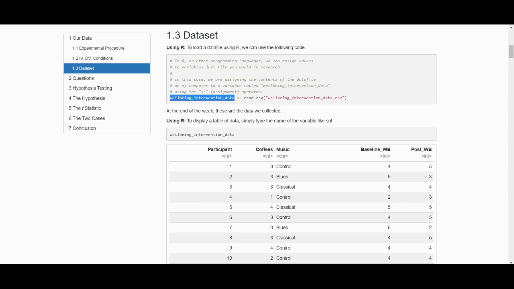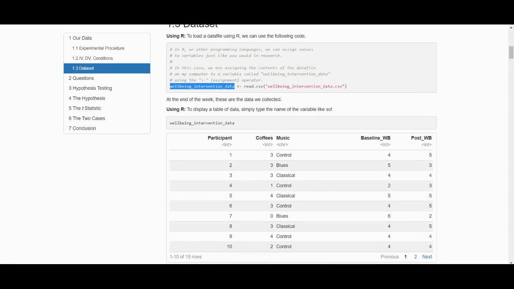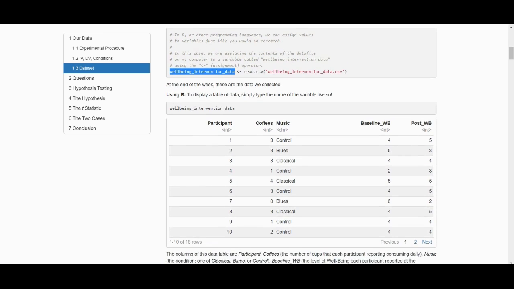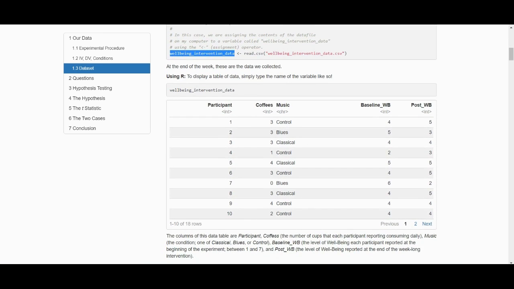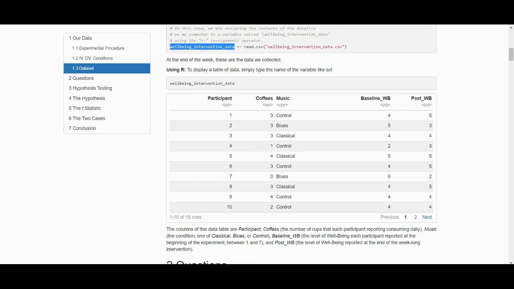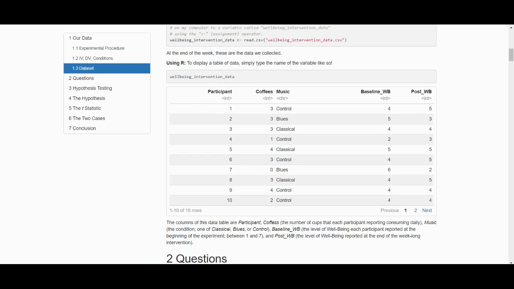Now, what is this variable? To most people, it just looks like well-being underscore intervention data. But it's really just a spreadsheet, essentially, a table of the data that we have. So we can actually display this. In R, if we just type in the name of a variable, that'll actually show us that exact variable. And like I said, in this case, well-being intervention data, that variable is a table. So if I display it by typing it in here, like I already have, it'll show us this beautiful table,